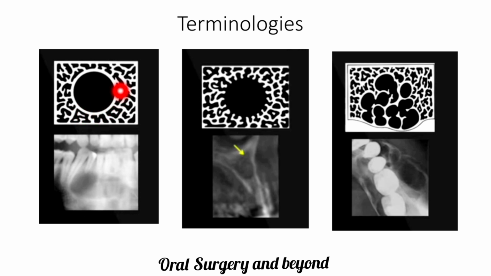This is a unilocular and corticated pathology. Right, what is the meaning of unilocular? It means the pathology contains one compartment and is surrounded by cortical margins, a well defined cortical margin. So this kind of pathology we can call a unilocular well defined corticated pathology, right? The differential diagnosis and the case reports of each presentation we will see at the end of the